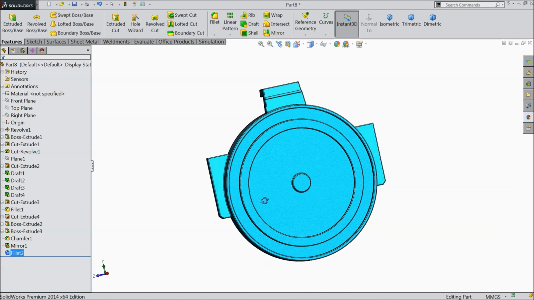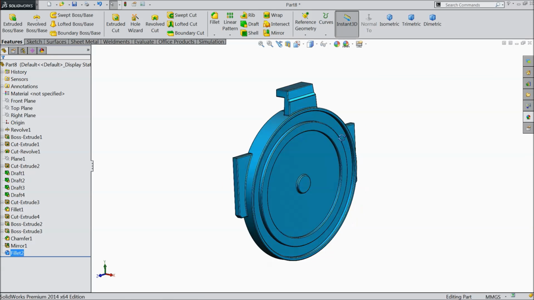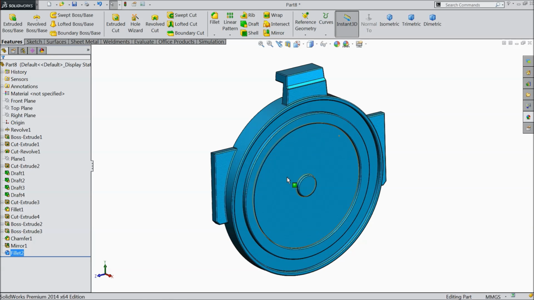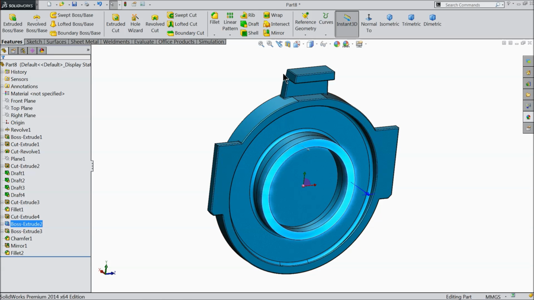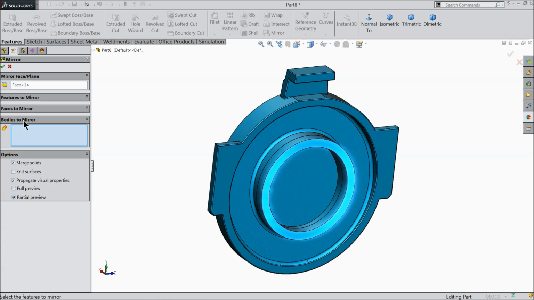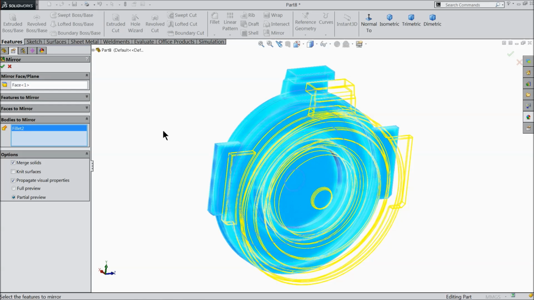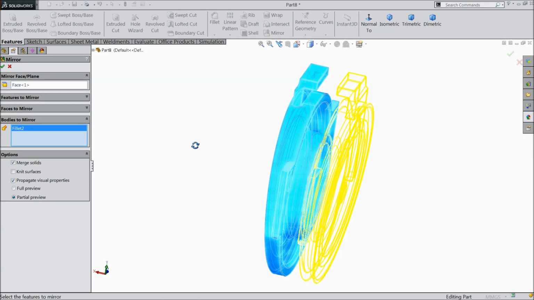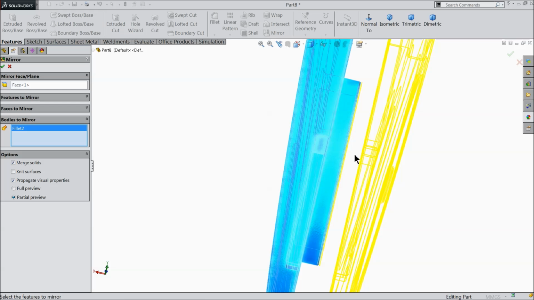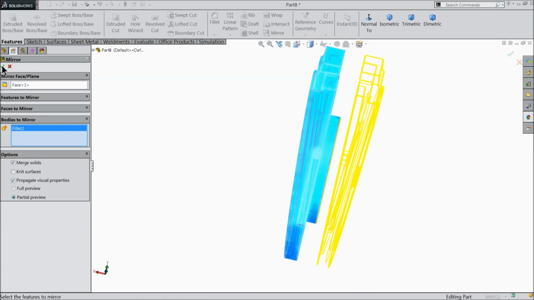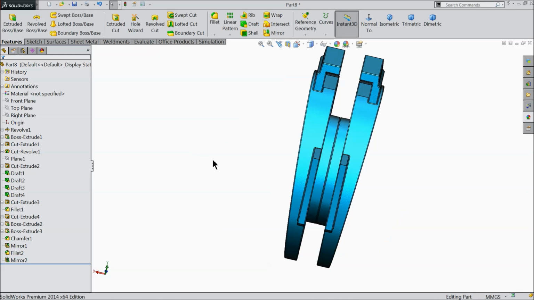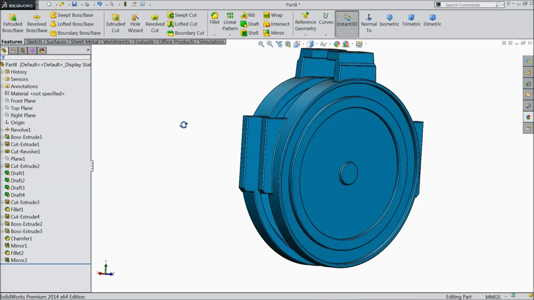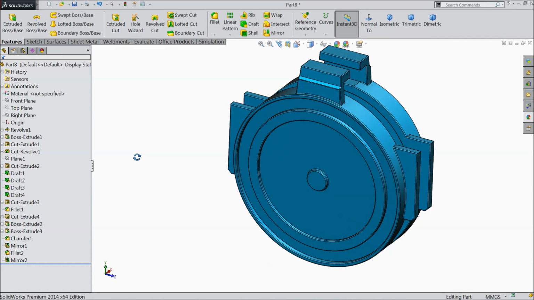Now it's time to mirror this body. So select this face, mirror, and select full body. Now you can see the preview here. Gap, merge solids. Okay, that's it. See, we created